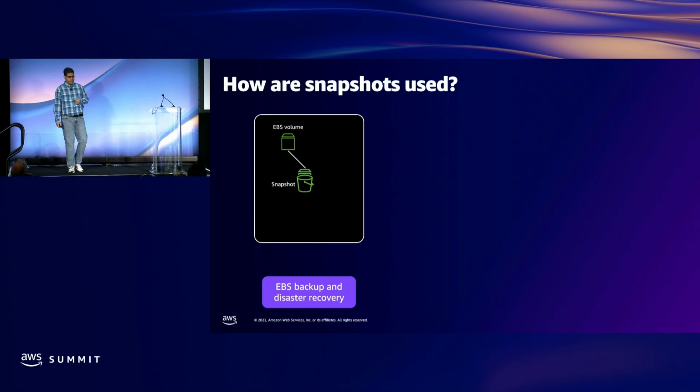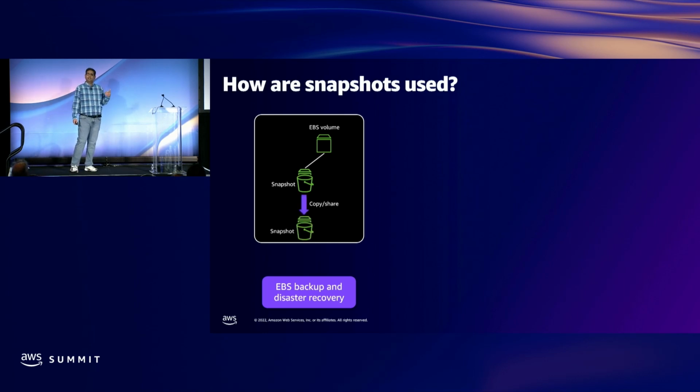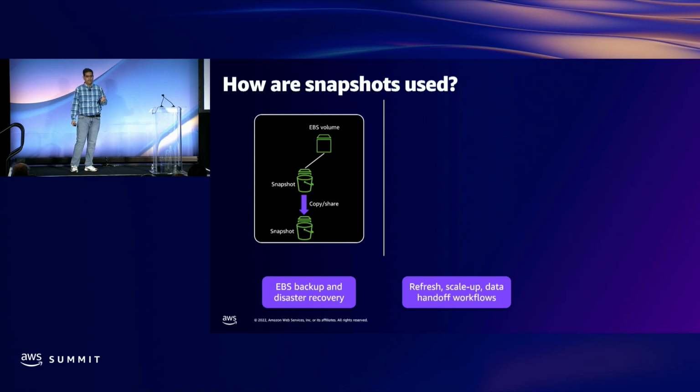How do customers use it? We think of three main use cases. The first one is backup and disaster recovery. Imagine having an EBS volume with a snapshot that's taken, and that volume fails or has an issue. In those scenarios, snapshots can be used to restore and create the next EBS volume. Some customers also copy and share these snapshots across accounts and do their restores in a different region to make sure that they can recover.